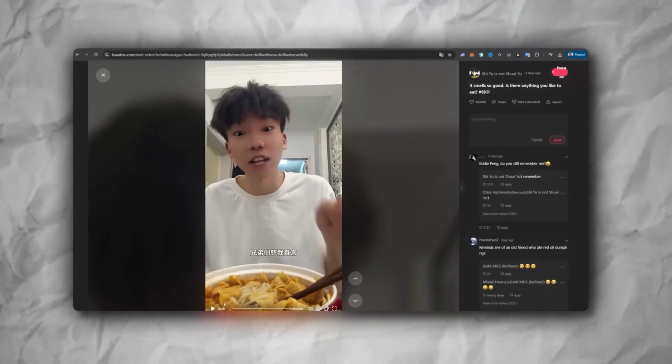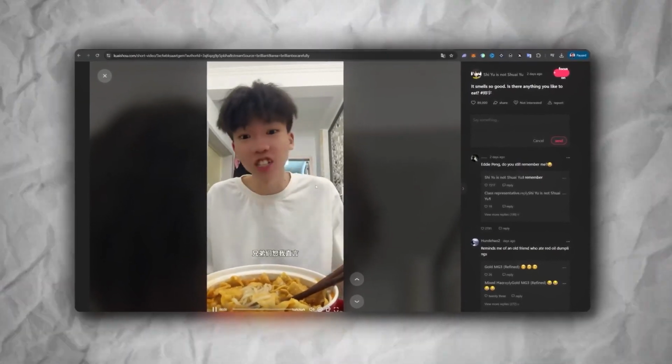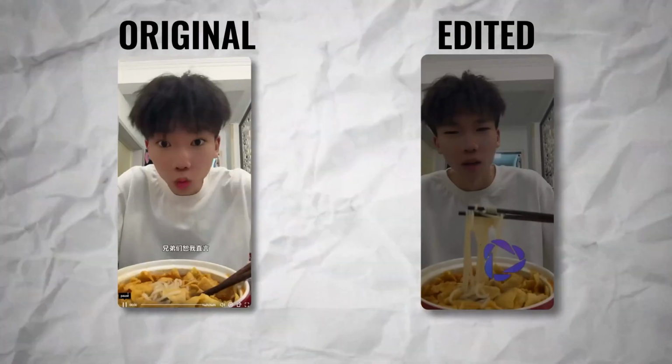Way number one, we're just going to scroll on Kuaishou until we find a talking head video of someone in Chinese. And we're going to be using an AI to then translate the voice and copy the mouth movements to make it look like they're talking in English. And the video itself went from sounding like this